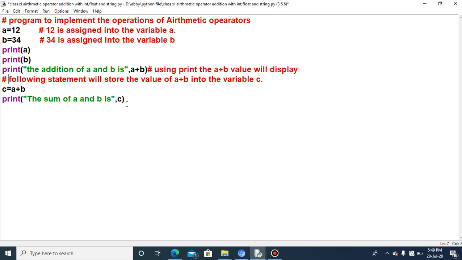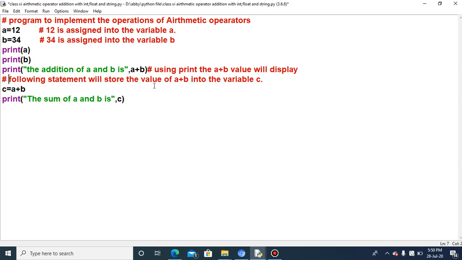Okay. So how many outputs will you get? Just check this script and tell how many outputs you will be getting. You will be getting 4 outputs. One is the output of A, that is print A. This is the print B. This is the third print, and this is the fourth print. So if a print statement is not given in the program, you will not get any output.